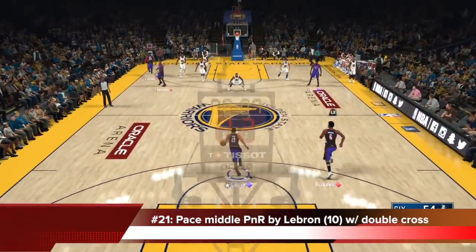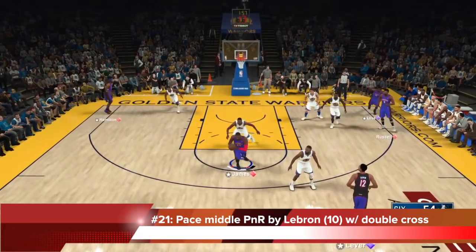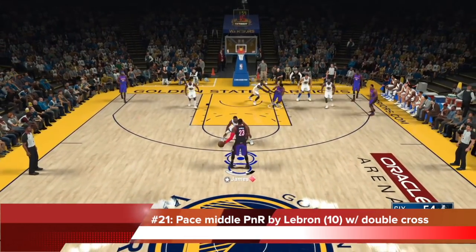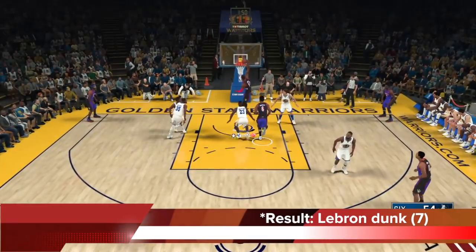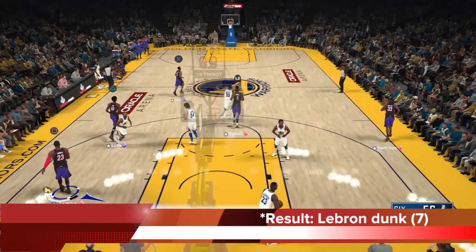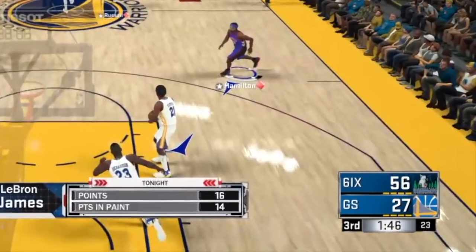And in possession 21, we're running the Pace middle pick and roll by LeBron for the 10th time. So we've done this almost 50%, but we're doing it out of a double cross this time. And this is another dunk by LeBron. Look at that. Another throw down by LeBron. Everything is going great. And by this point, with the 3rd quarter almost ending, I decided to take him off,